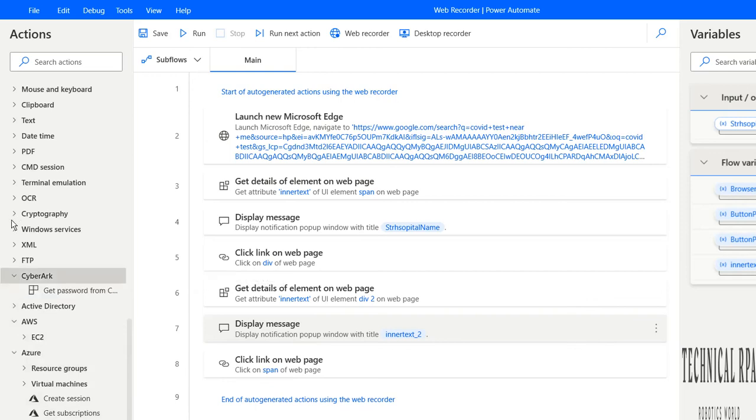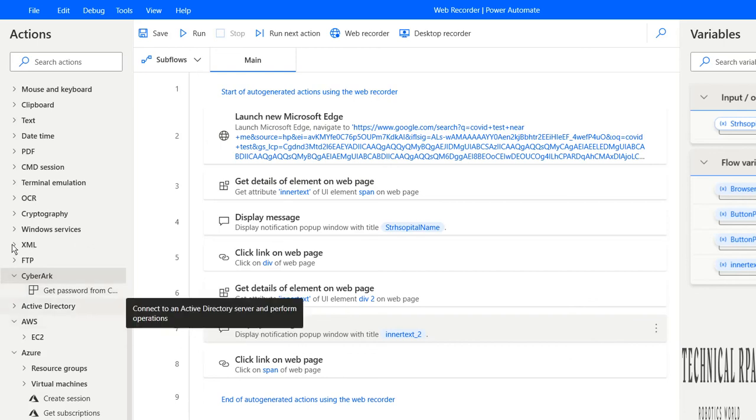CyberArk is another credential vault storage. In Blue Prism, CyberArk is available as an attribute, and in UiPath as well, but there you have to write some code and integration. Here, you can integrate with CyberArk without writing code.